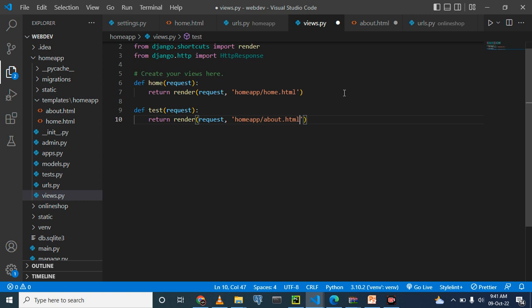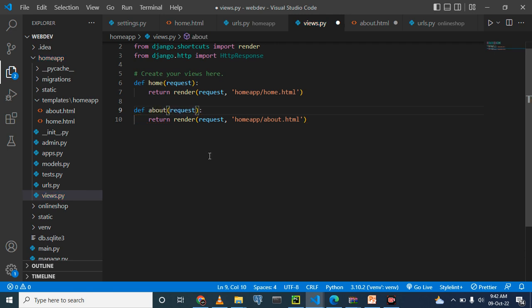When you get that and you control S, this is not a good practice, to define a view and then give it another name. So for us to be consistent, we need to change this name to about,